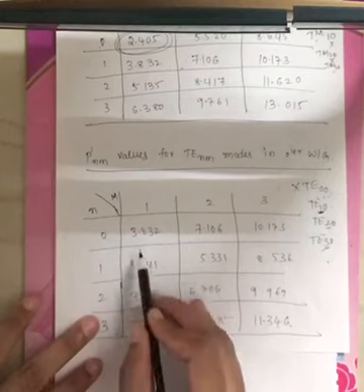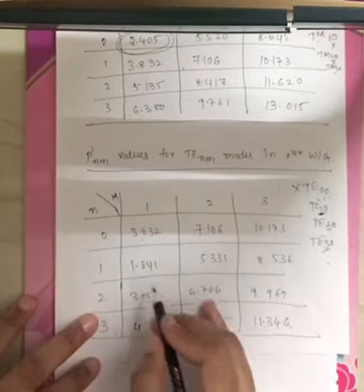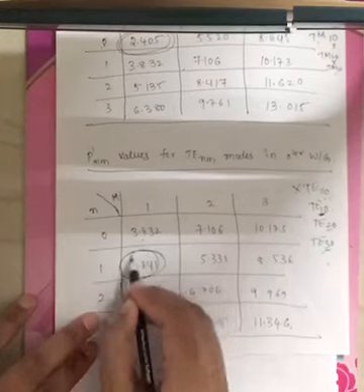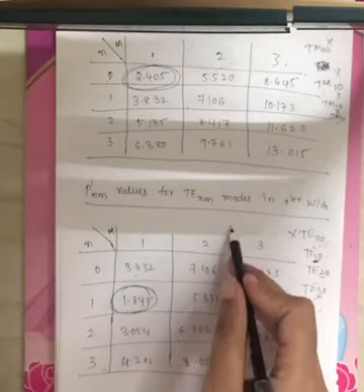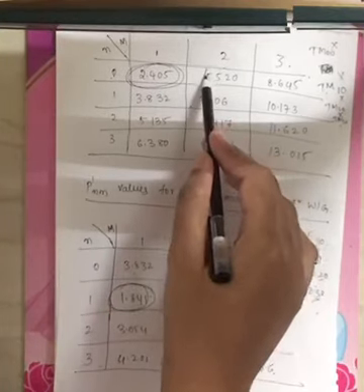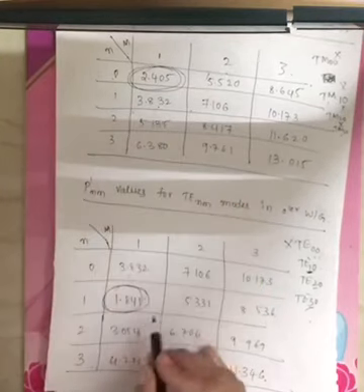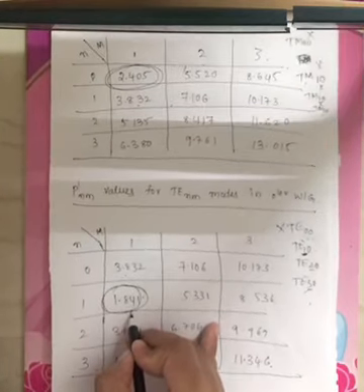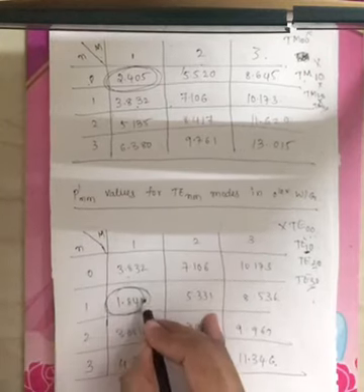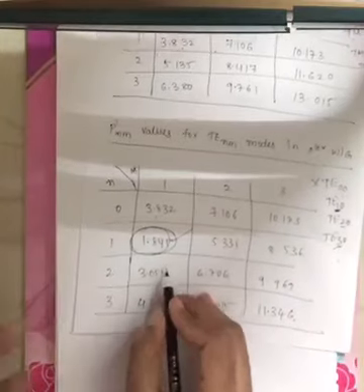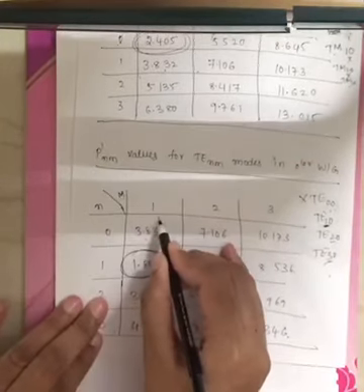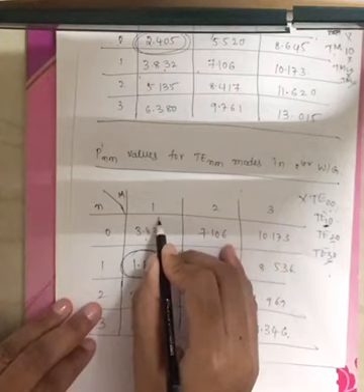Now coming to TE mode of propagation, what is the least root here? You have 3.832, and below that you have 1.841, right? Now if I compare the least root of TE mode and TM mode of propagation, under TM mode the least root is 2.405, and under TE mode the least root is 1.841. Among these two, what is the least root? This one, 1.841, right? Now this 1.841 is for n equals 1 and m equals 1.